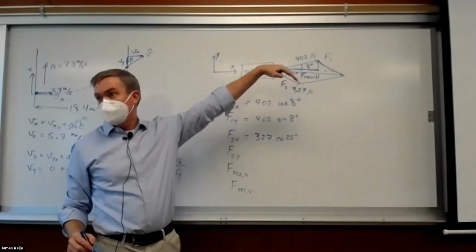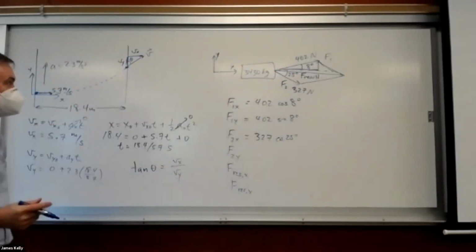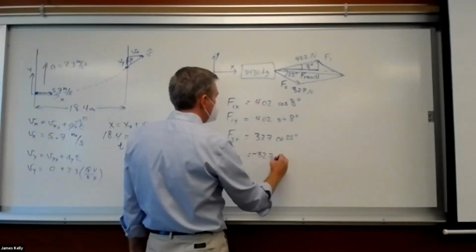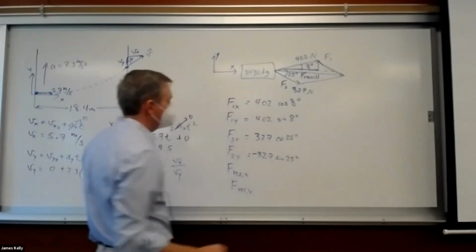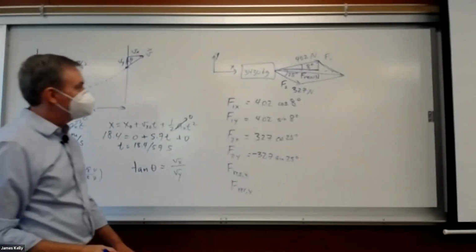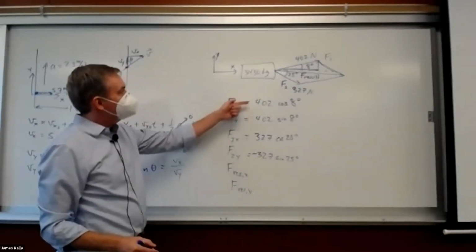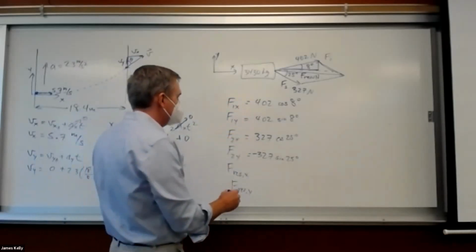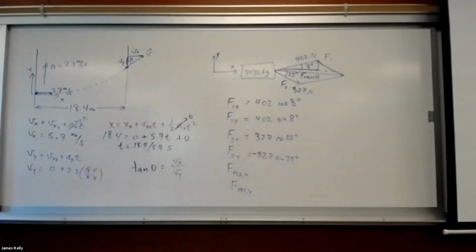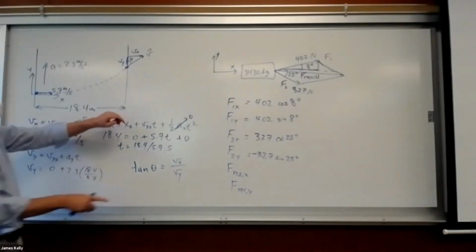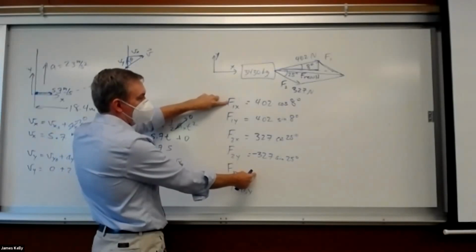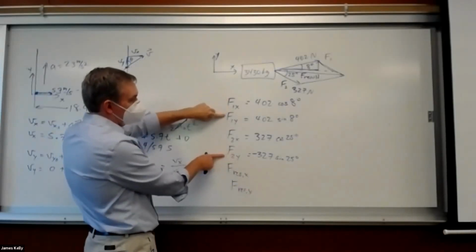F2y is negative, right? Because it's actually going down, and I chose plus y to be up. Minus 327 times the sine of 25 degrees. And so for the resultant, I would have to add those two, right? I just need to calculate it on my calculator, because I've got different cosines and sines in there. But the idea is this F resultant is going to be the sum of these two x components, the resultant x component, and the resultant y component is going to be the sum of these two y